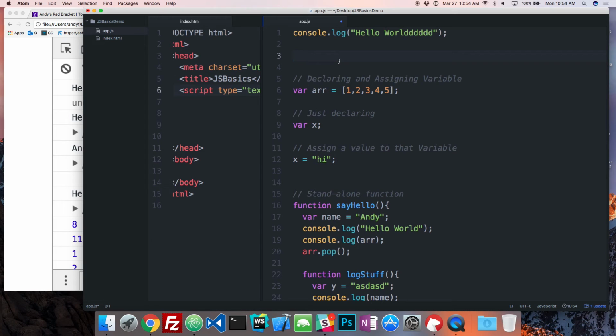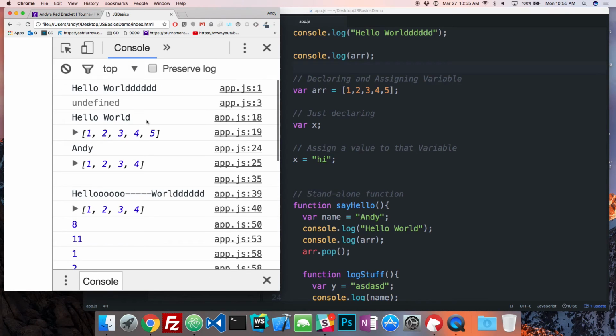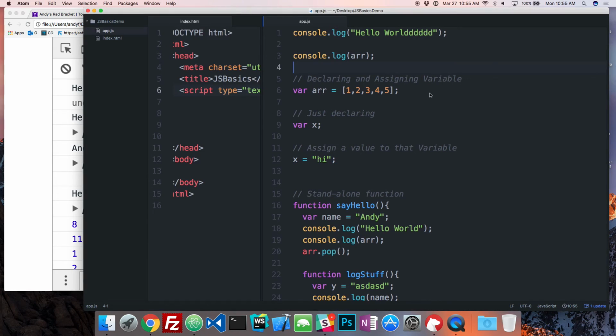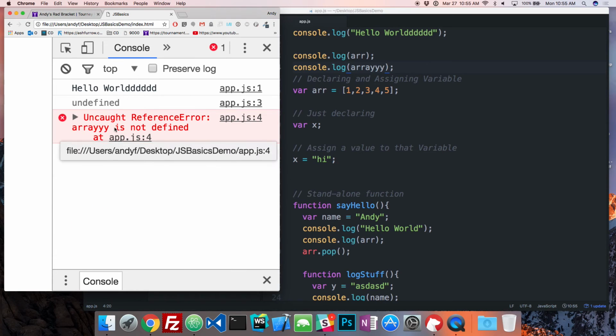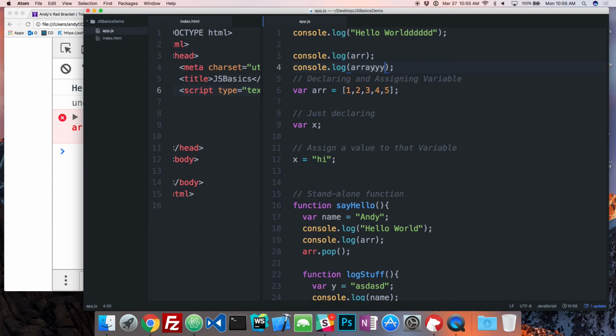If we run this and we say console log array like that, it's going to tell me that it's undefined on line 3. But what if I try to console log something that doesn't exist? Let's say array like that, or with some other letters in here. So we know for sure that this doesn't exist. Let's see what happens. Uncaught ReferenceError, array is not defined. It gives me an error on line 4, but it doesn't give me an error on line 3. And the reason it doesn't give me that error for this one is because of something called function and variable hoisting, right?